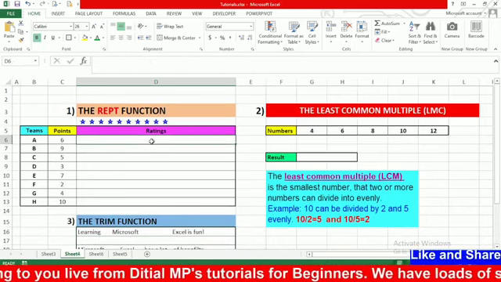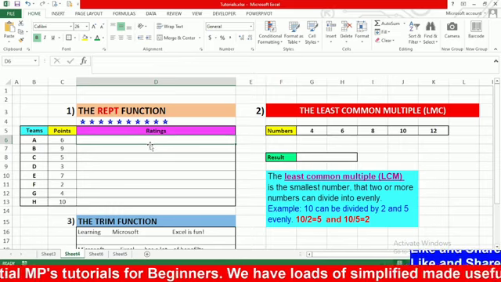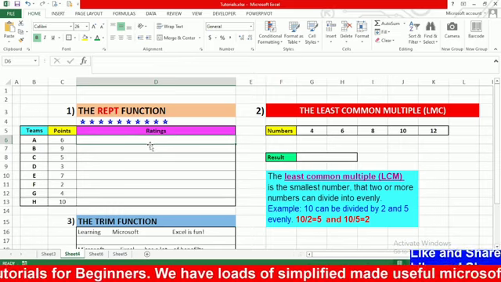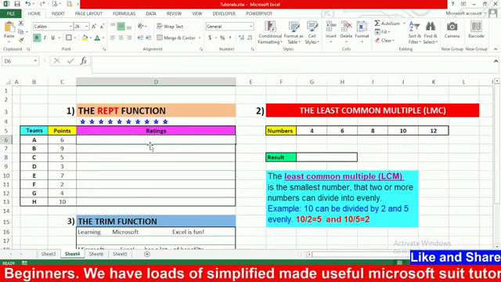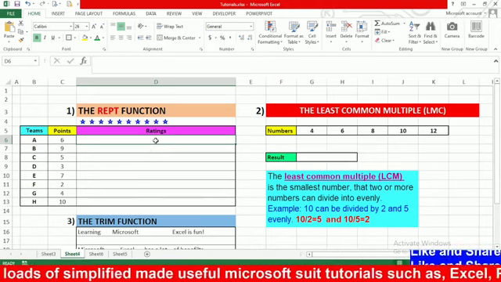So I think we should just start now, in order not to bother you with much theory. Practicals is what is needed now. So with the REPT function,